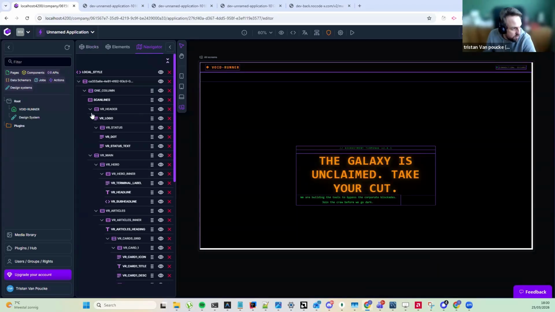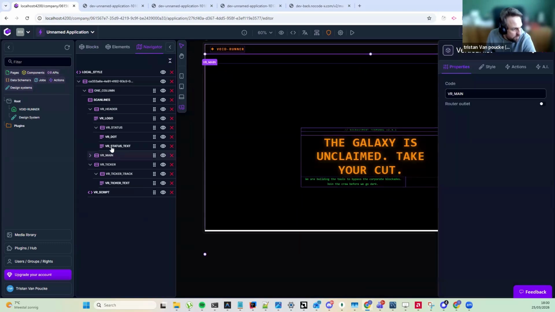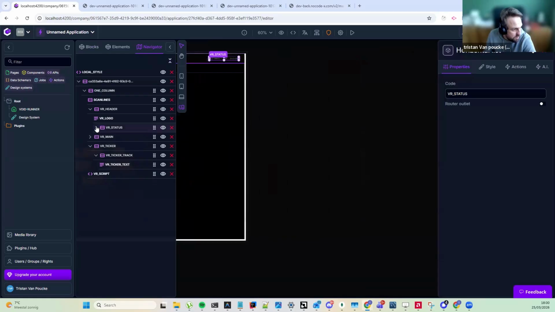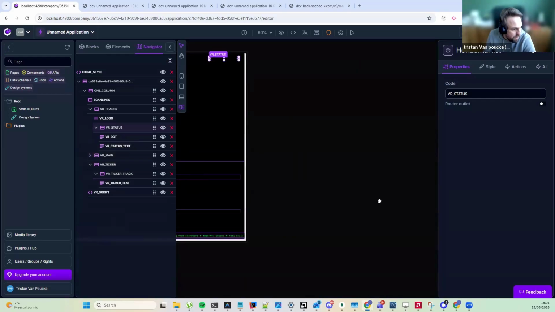There is a button somewhere. So we've got VR Hero. No, there doesn't appear to be a button that I can see, or maybe it thinks